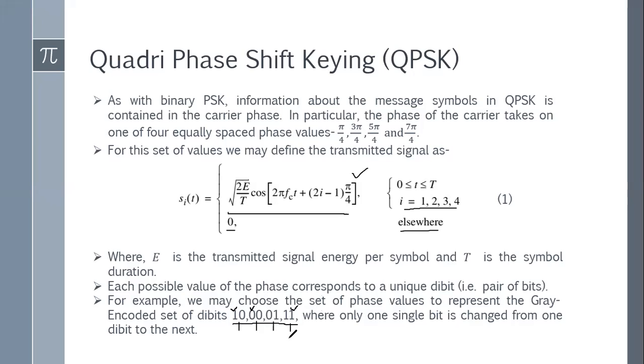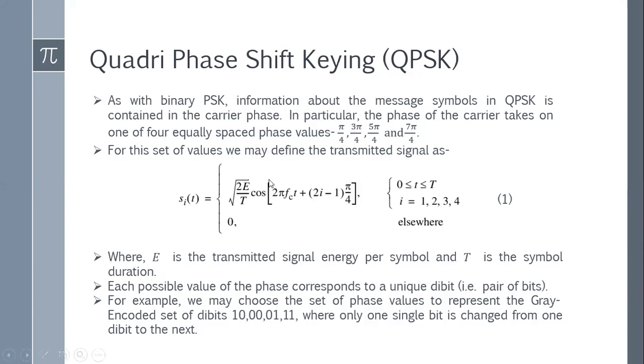That's why we have converted the binary symbols into gray codes, or binary code into gray code, and then I will transmit them using the equation that I have derived. Okay, so I hope this portion is clear. If not clear, then you can ask. So if it is clear, I am just proceeding with the next slide.